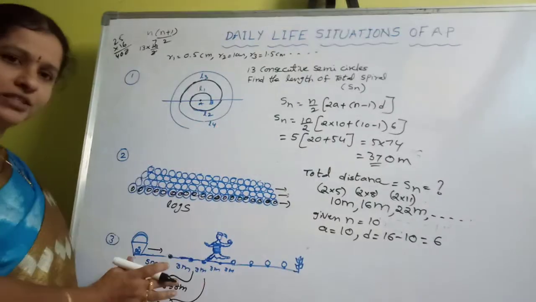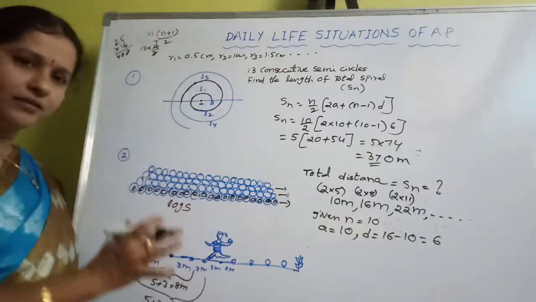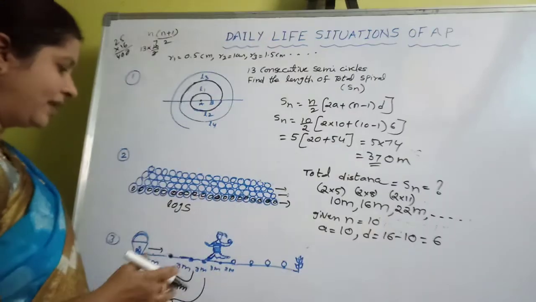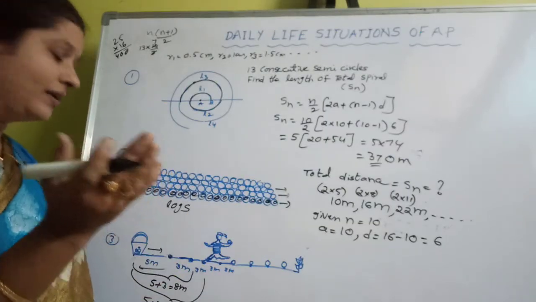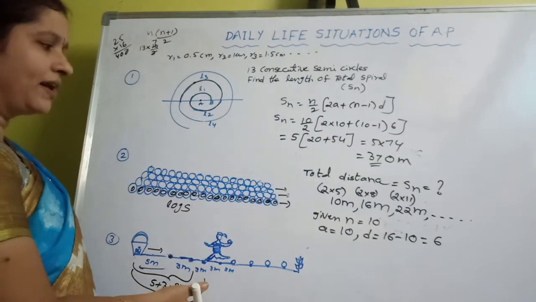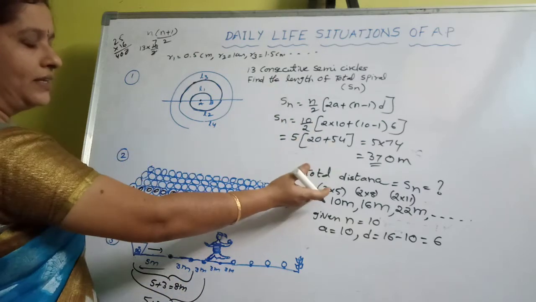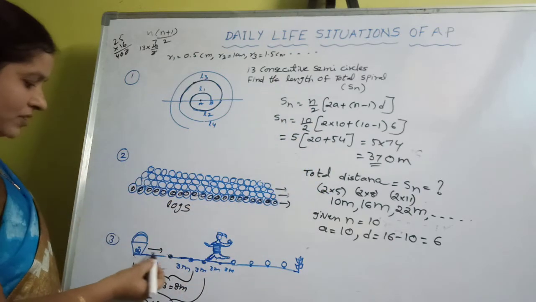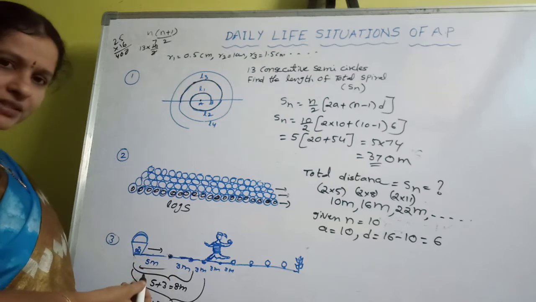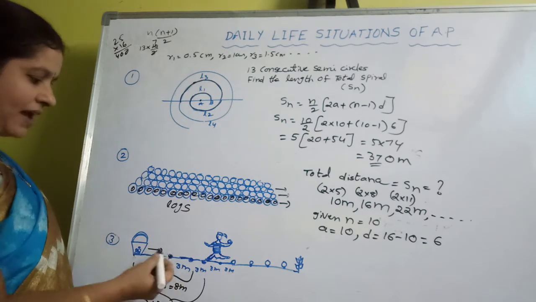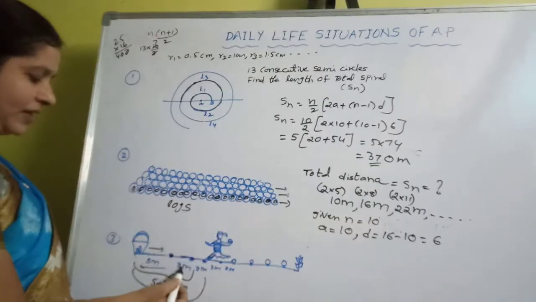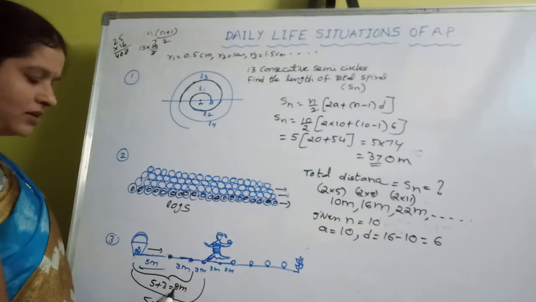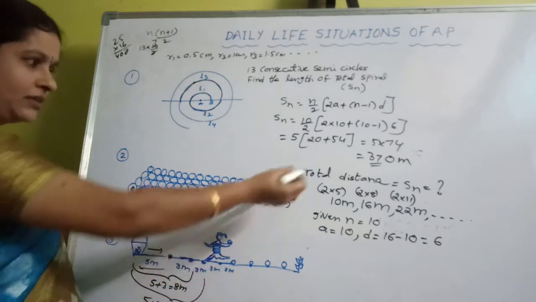Okay, understood? So what is the condition here? What is the question? Here a ball and bucket race is given. So you have to find the total distance the competitor travelled. For this one, first you have to find the series. How is the series? The first ball to bucket distance is 5 meters given. So the distance travelled is 2 5s are 10. The second ball is 5 plus 3, 8 meters distance. So he travelled the distance 2 8s are 16.